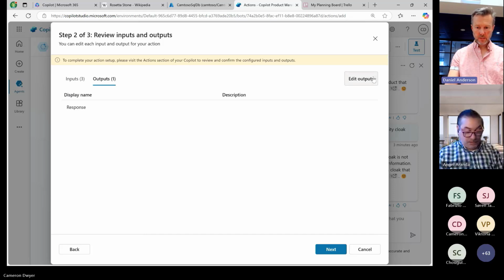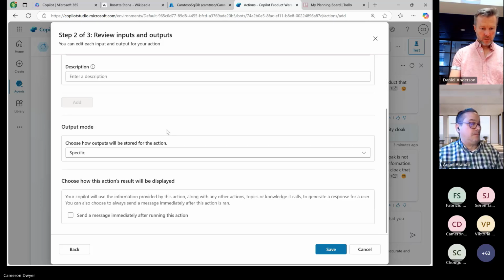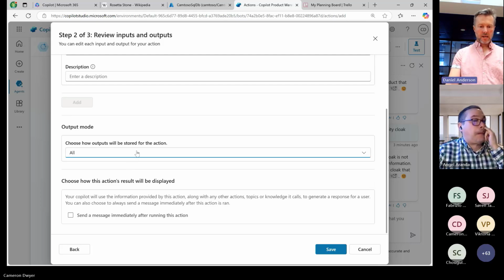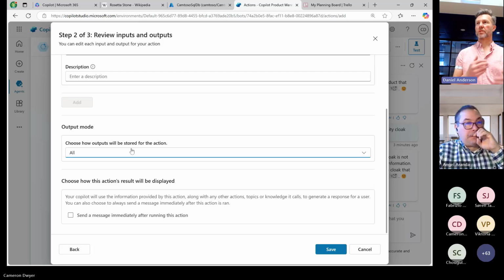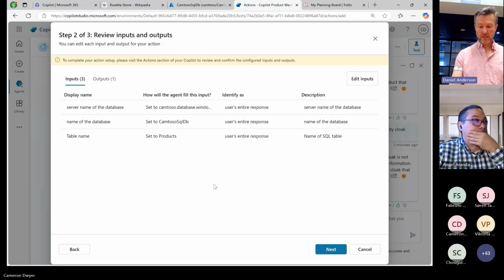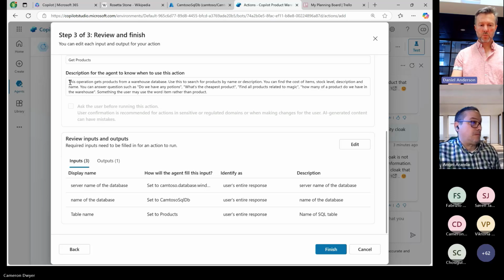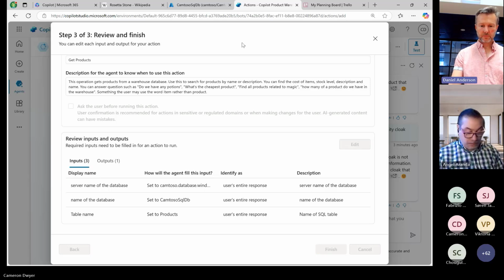So that's our inputs. And on our outputs, we don't want to do a lot with that, but what I do want to do is any information that's returned, this just allows it to store it in the conversation. So as the conversation continues, whatever got responded to becomes part of the data of that conversation. So we will want that so that the Copilot can answer us. All right, so let's go next. So I think we've set all of that up. And now I'll describe why this was important. Why was it important to give Copilot such a good description for this connector? Hit finish.